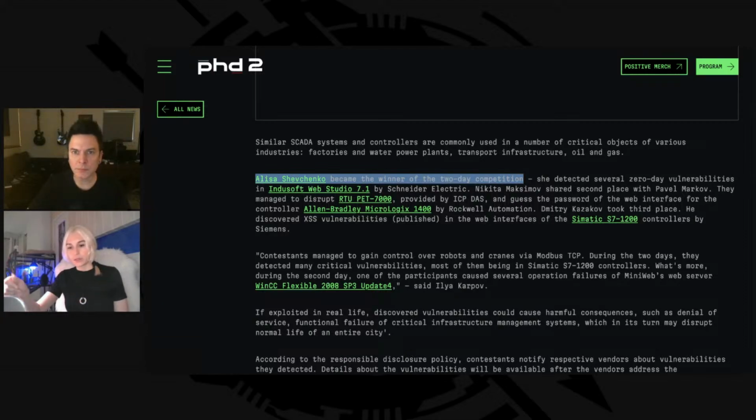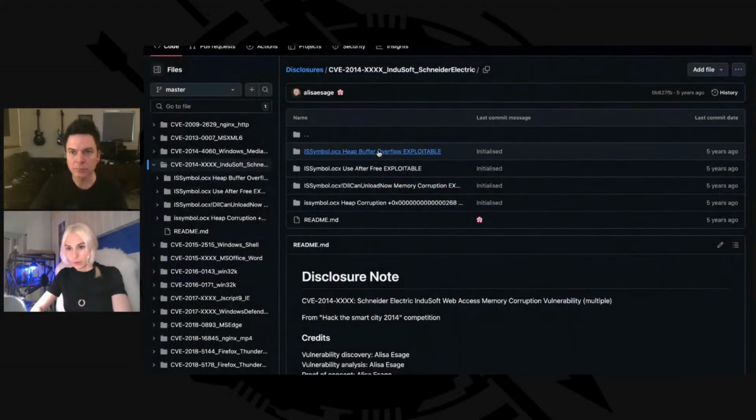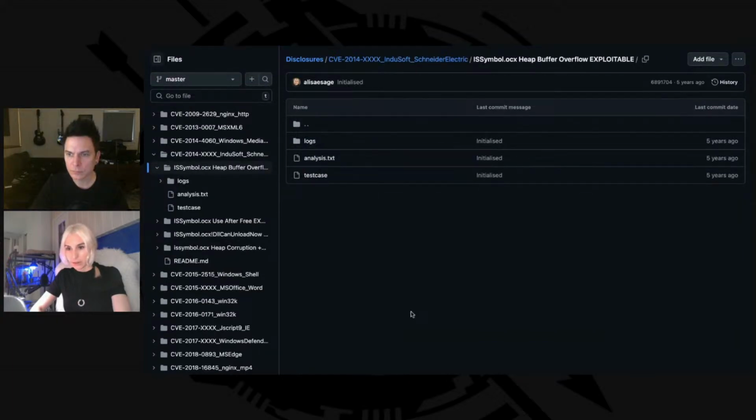It also accepts project files, which was my attack vector. The project file has a custom binary format. And what I did is I implemented dumb fuzzing of this project format with Radamsa. So first, I'm going to open some test case.